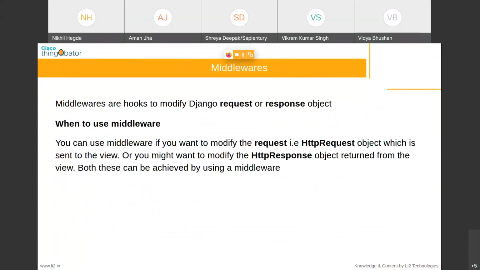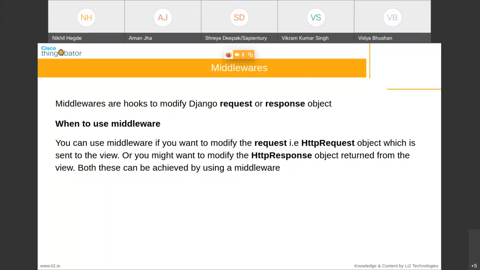Our middleware. As I explained yesterday, middlewares are nothing but some hooks that are added by Django between the request and response object. As I showed yesterday, I showed you a few middlewares, like security middlewares, CSRF middlewares. Middlewares are where Django will validate the authenticity of the request and the authenticity of the response between the whole request-response cycle.